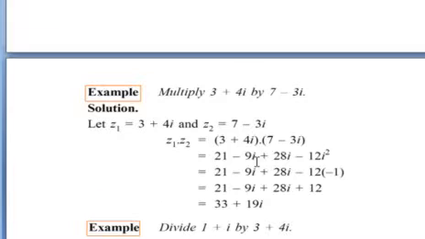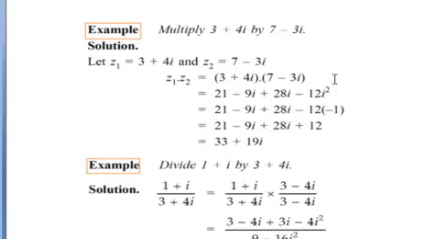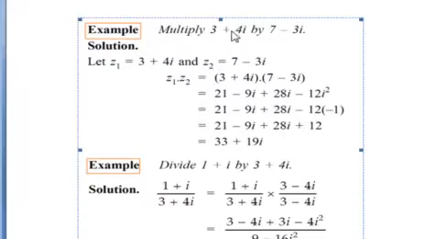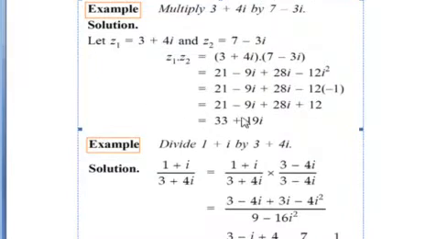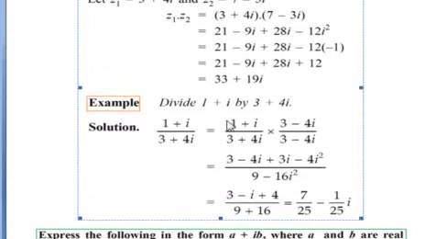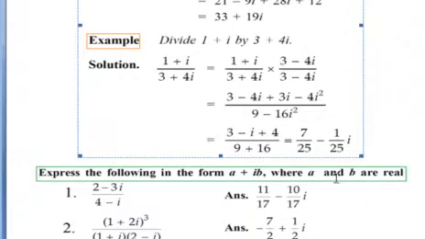Now, some mathematical problems for the previous relations. Suppose multiplication: multiply this complex number with this complex number. It is given, and I think you can understand. Division formula: suppose 1 plus i and 3 plus 4i. You divide this term by that term, and you will get the result. Division or multiplication, all sorts of complex operations, it may be real and imaginary part.